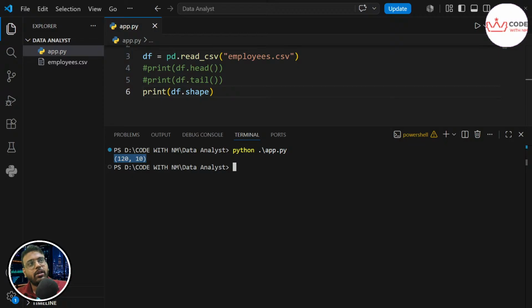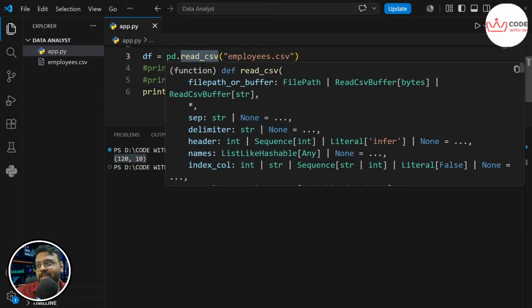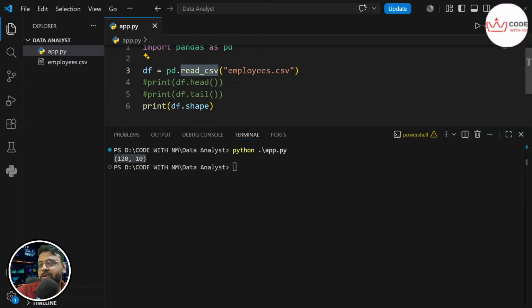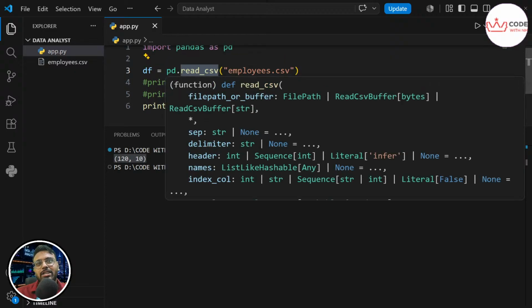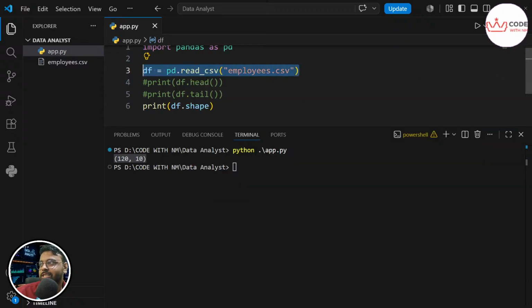Yes, you can use file handling, but that will take much more time and effort compared to the simple read_csv, because this is specifically created to read CSV. As a data analyst, we work with CSV, and this function loads CSV. So use this; it is the easiest one.